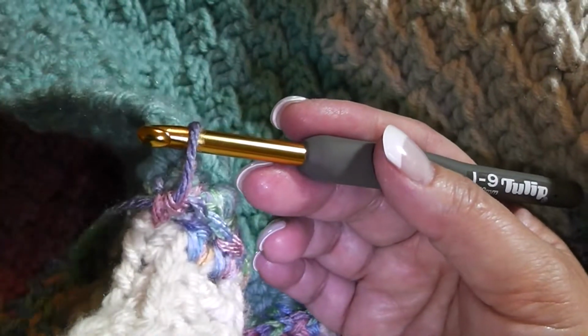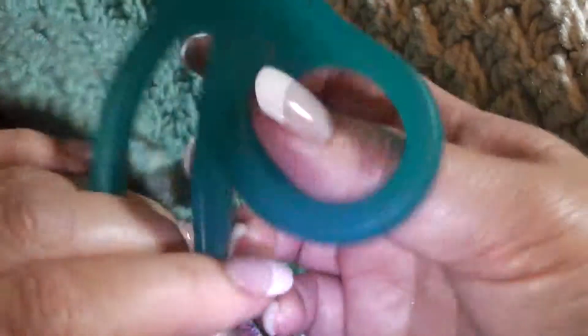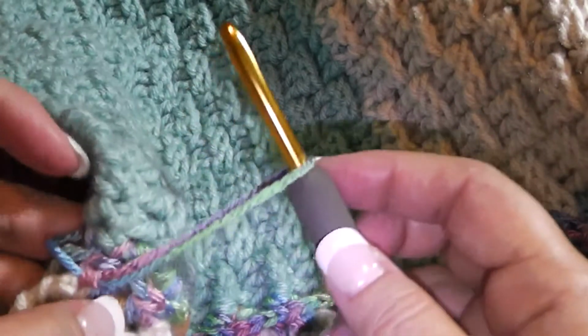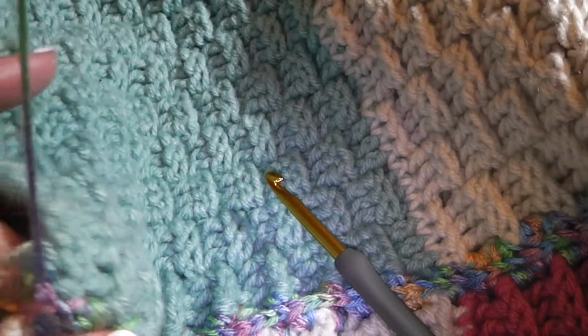What I'm going to do is I'm going to cut this. Sorry, I got dull scissors. And I'm just going to snip it. Hook it and pull it through that loop. Oops, wrong one. Ooh, I've lost my tails. Hook it. Pull it through so it's secure, and then